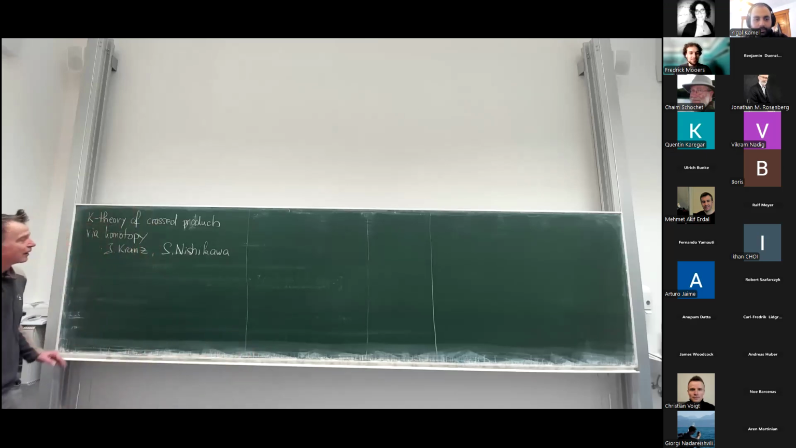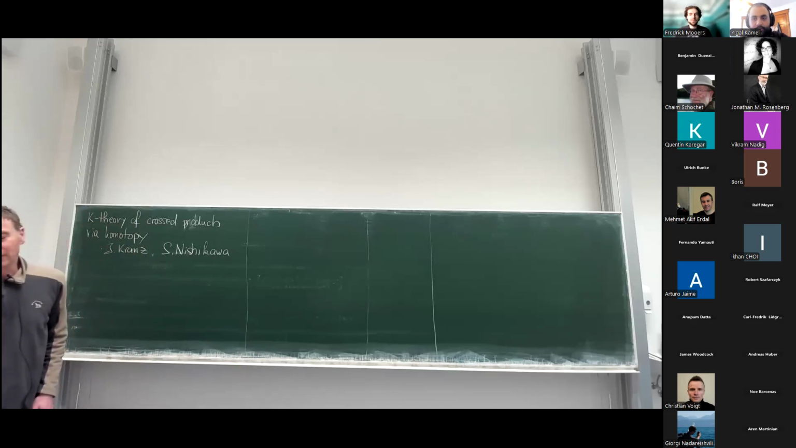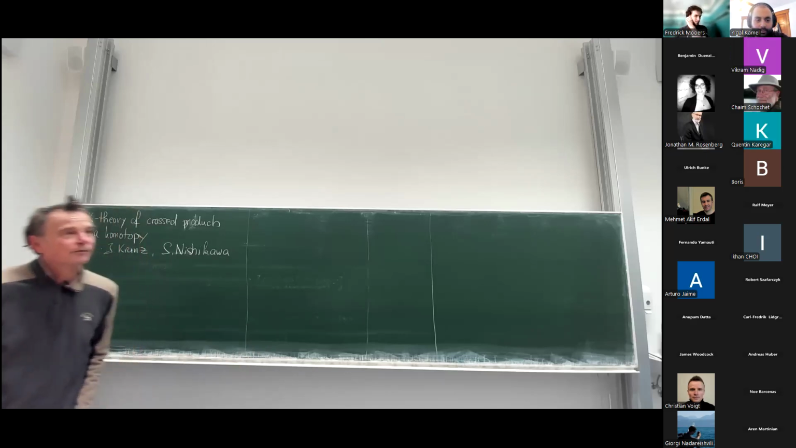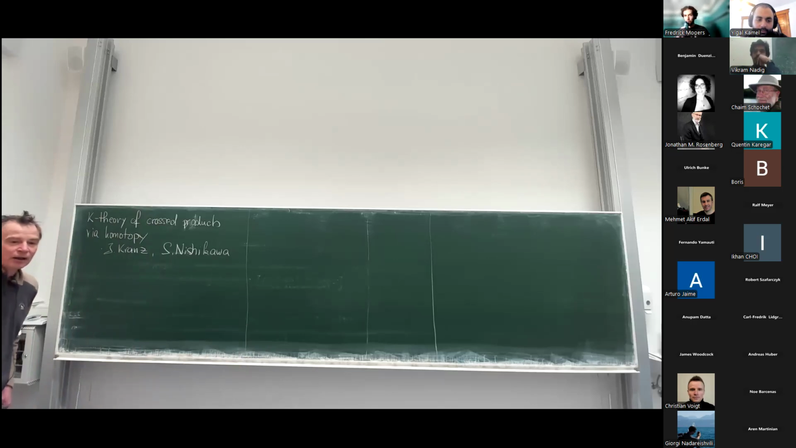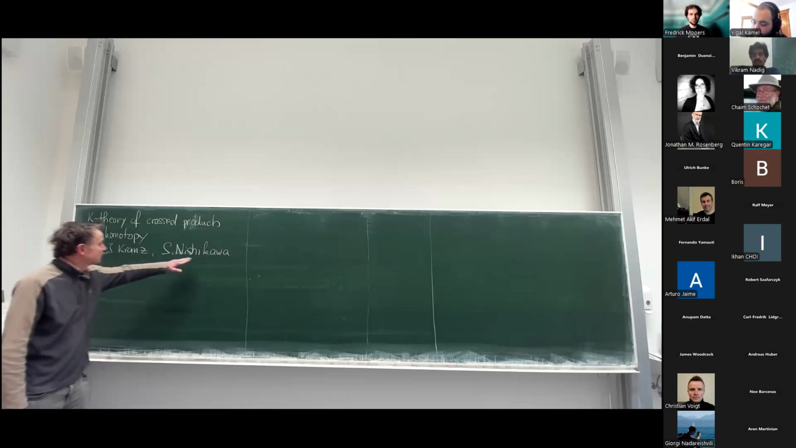So in this talk, I want to talk about the problem of calculating cross products for C-star algebras with G-action using methods of homotopy theory. And let me just say from the beginning that this project started in a discussion with Julian Kranz about the calculation of cross products of tensor powers, with the permutation action on the tensor factors, and continued then